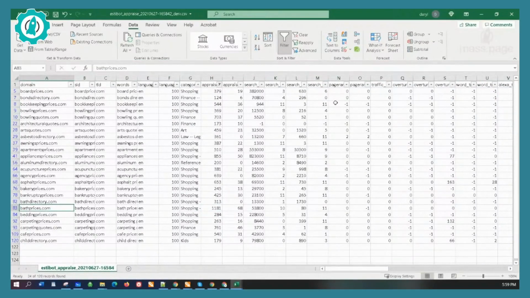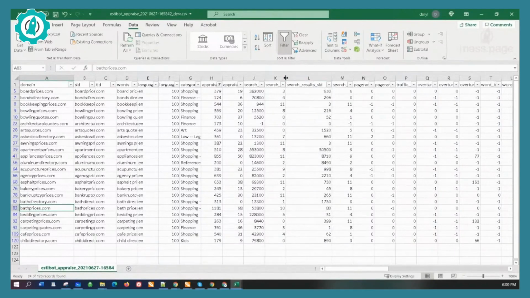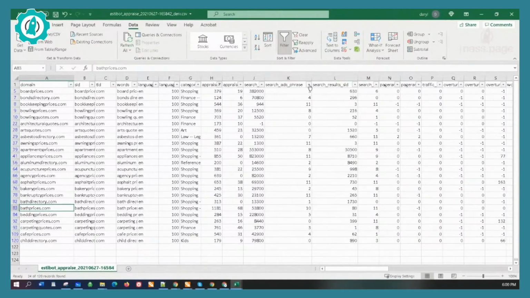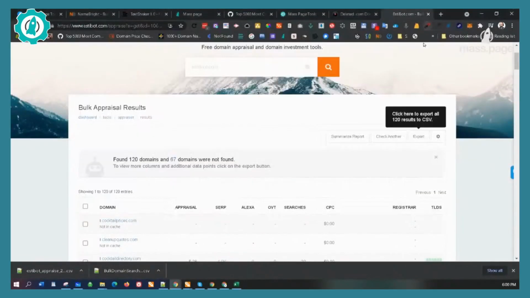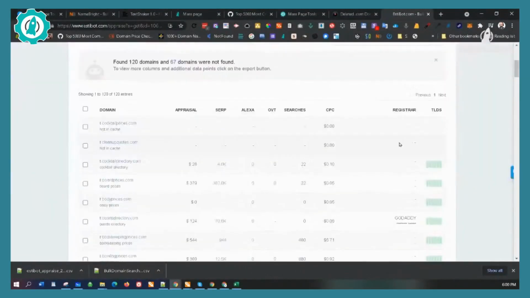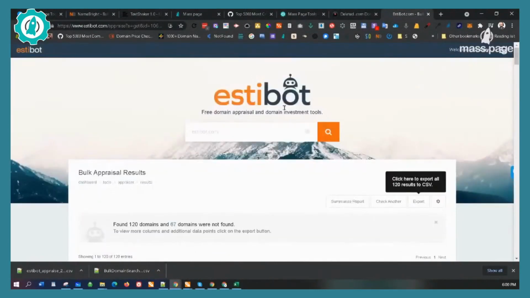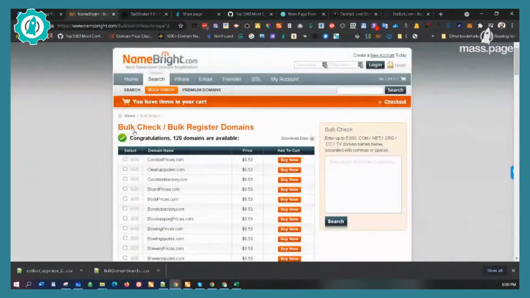Okay. And you can also look at how much search traffic they get. So let's look at search results, ads. You can see which one has the most ads. Okay. Appliance prices has a lot of ads. That's a good indicator. Asphalt prices. So you can see the different factors that come from Estibot. I'm not sure how much Estibot is, but I do pay for that on a monthly basis, or I paid for the year or something like that. But it's a nice way to take from a tool like Namebright and do some bulk searches